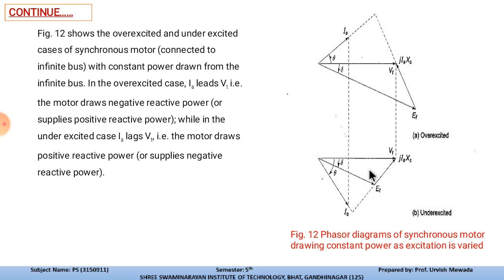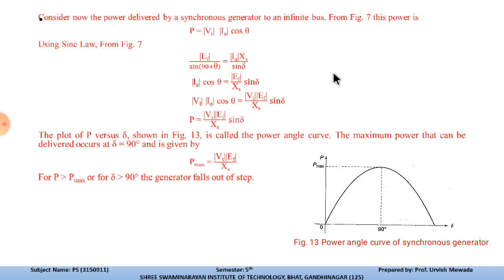So these are the main functions while we operate this machine in different modes of excitation, so that we can improve the power factor of the transmission system and we can improve the regulation, meaning we can minimize the regulation of the power system. In other words, it supplies negative reactive power in the machine. So these are the modes of excitation of the synchronous machine.